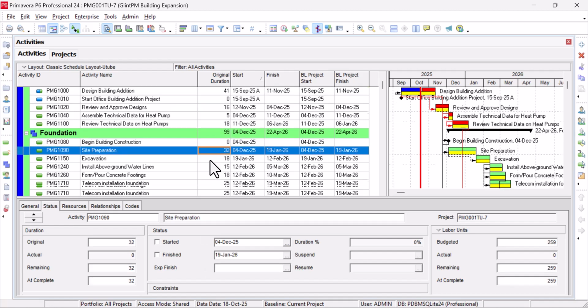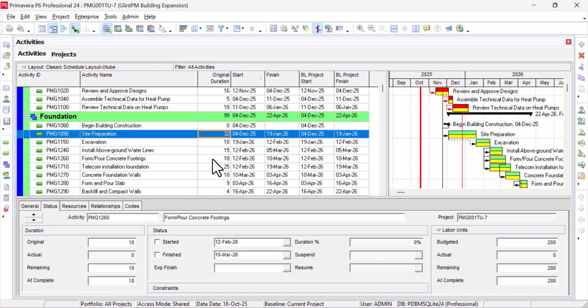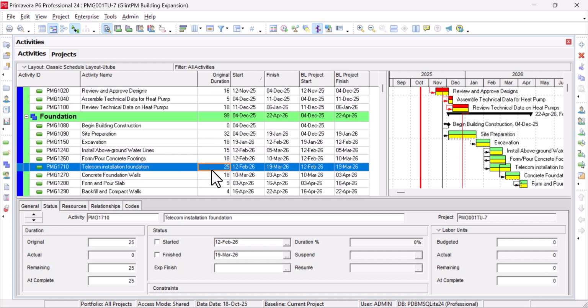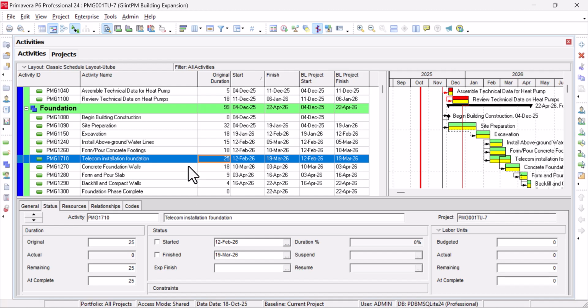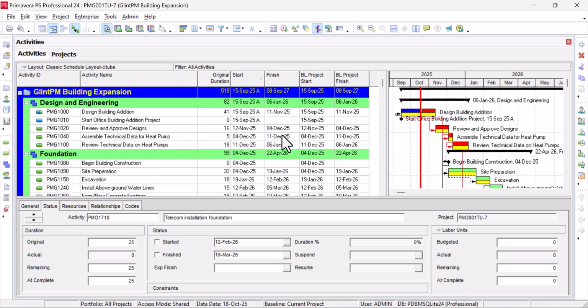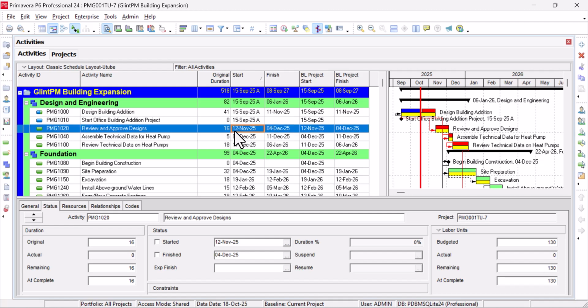Most people that are not very good with Primavera, or maybe are used to Microsoft Project, come and say, okay, after updating your schedule, for instance, you now have it that